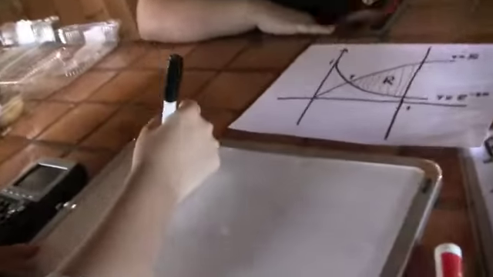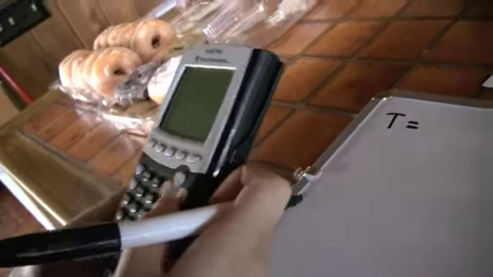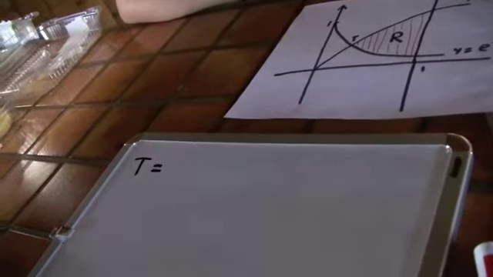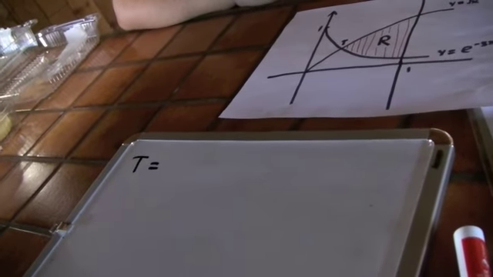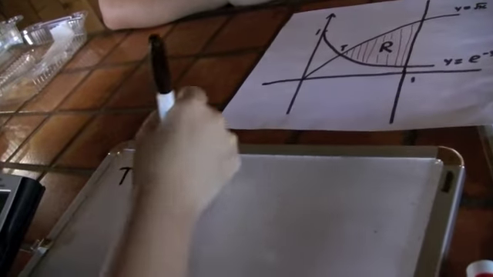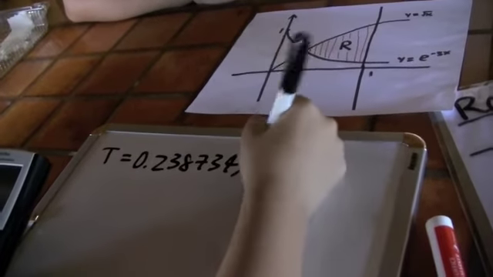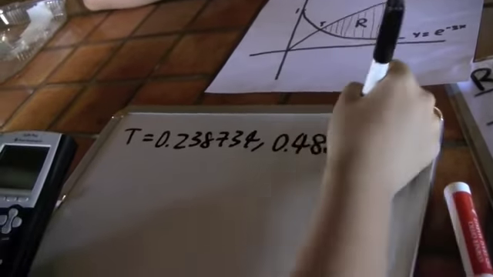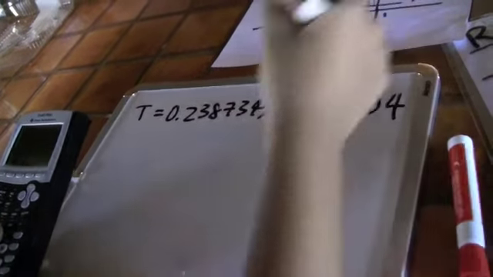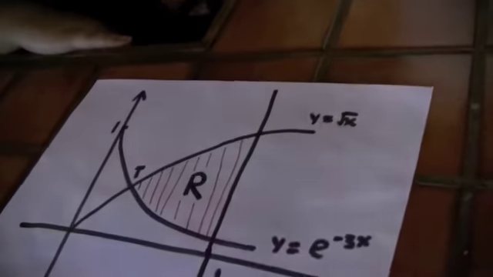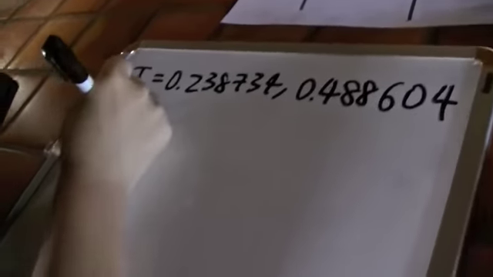This is how you do it for real. First, you need to find the T point. For the T point, you need to use the graphing calculator. First, you put the first equation and the second equation. By the graph, you find the T point is 0.2387734, 0.48864. And then since y equals square root of x is farther, so in the integral of this area,